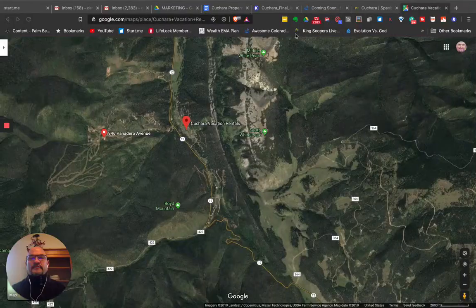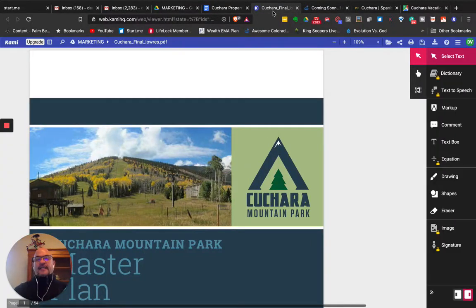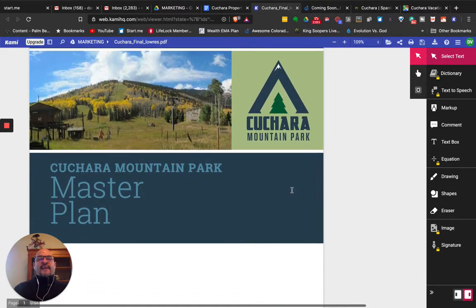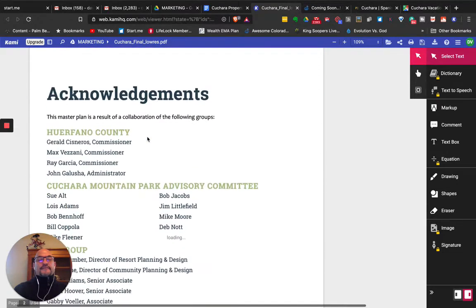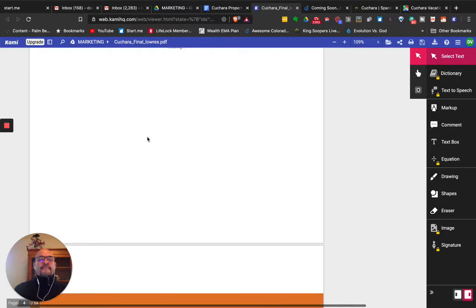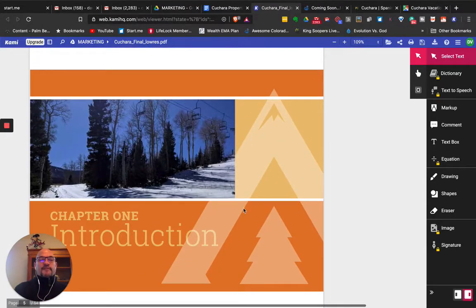Over here. So here is, and you can download this document on our website. There's a downloads folder. This is what it looks like from the base of the resort. This is one of the ski lifts. I won't bore you with this. You can read it yourself, but it gives you the intro,